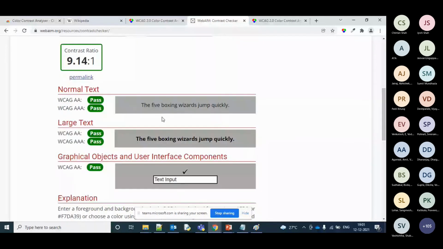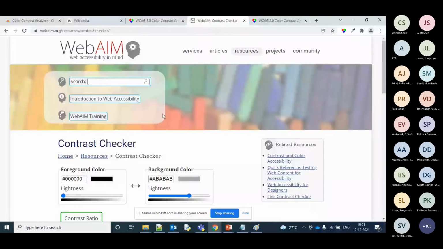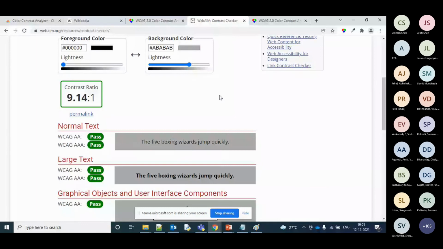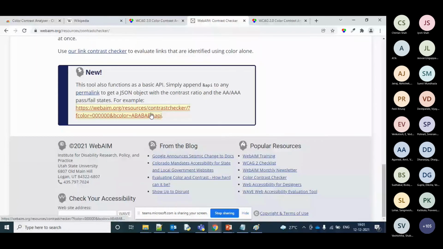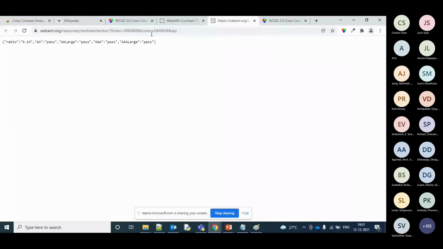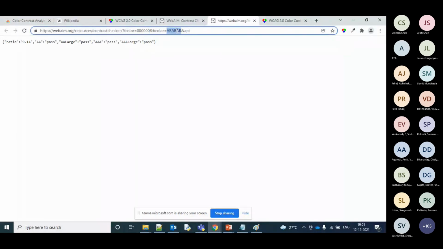And when you want to test it continuously for your website in an automated fashion, then what you can do is write the scripts and use this API which they have given below. So what is your foreground color and your background color?